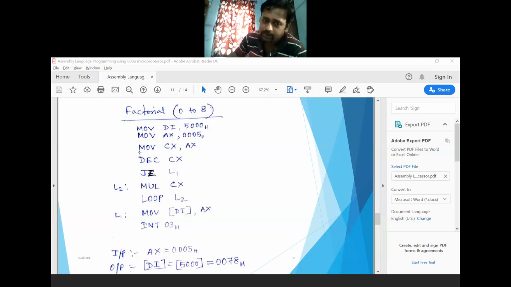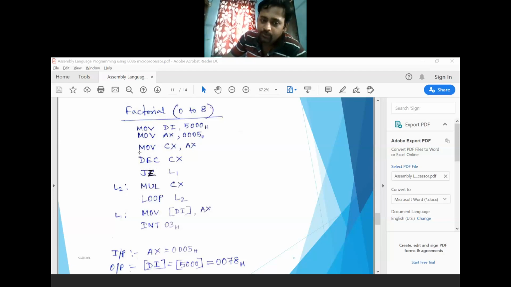The fourth instruction is MOV CX, AX, then DEC CX, decrementing the content of the CX register by 1, then JZ L1, then MUL CX, multiplication of AX DX into CX.